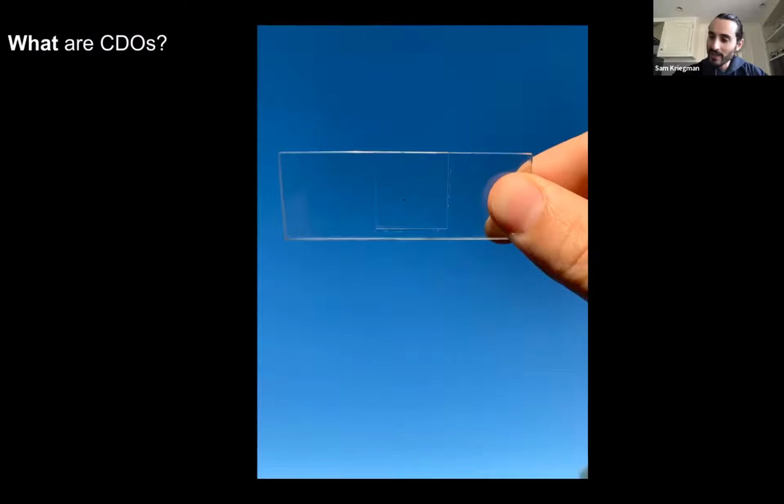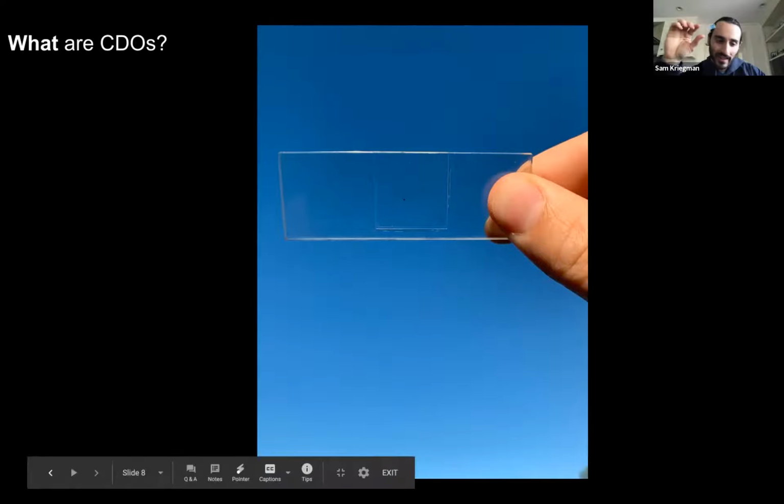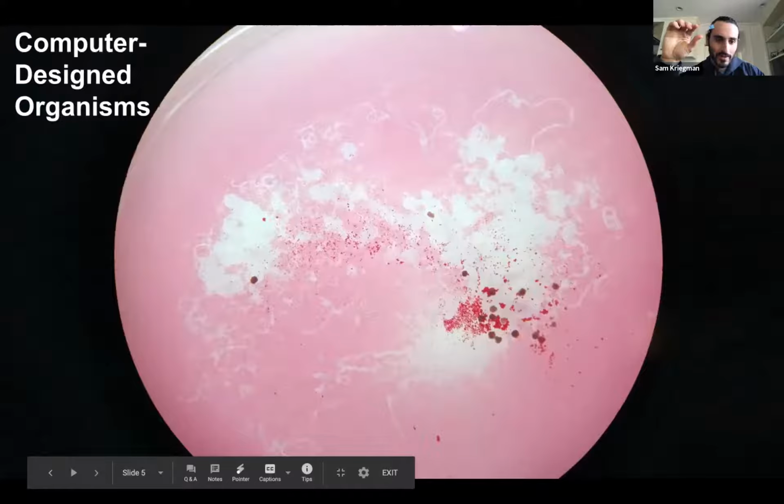What are CDOs? Well, first, I think it's important to get a sense of the scale here. It's really difficult for people to conceptualize 500 microns. I have the slide in my hand. I'm not sure if you can see my webcam. It's not really important because you can also see it on the picture. But the reason why I want to show you this in my hand as well is